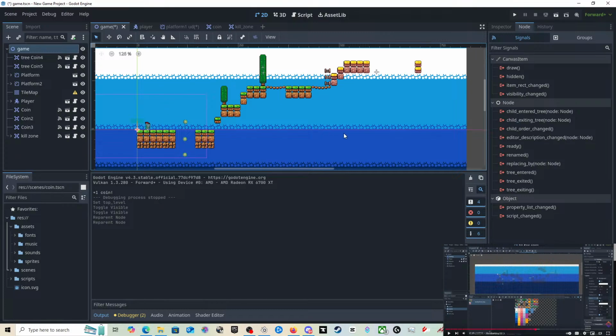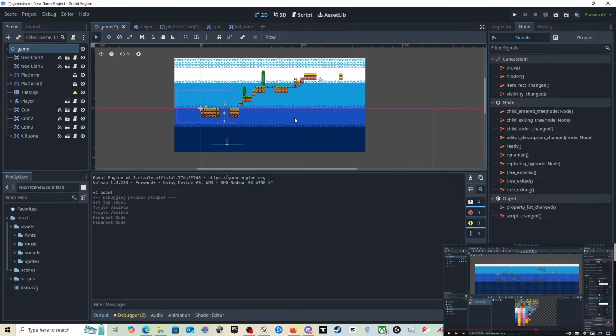Why won't those platforms show? It's got something to do with these tile maps, I think.